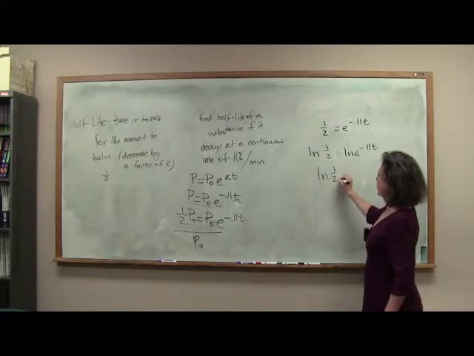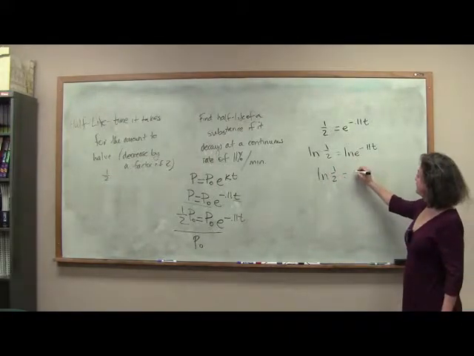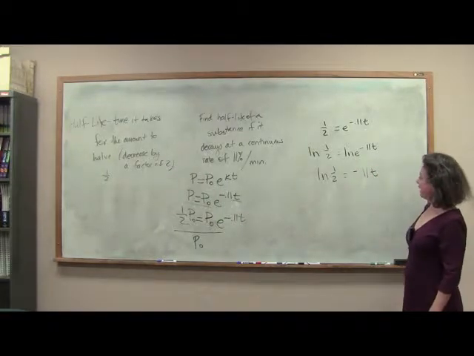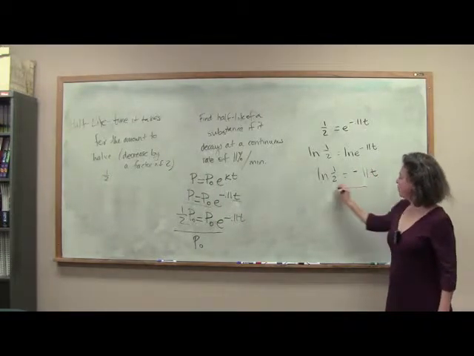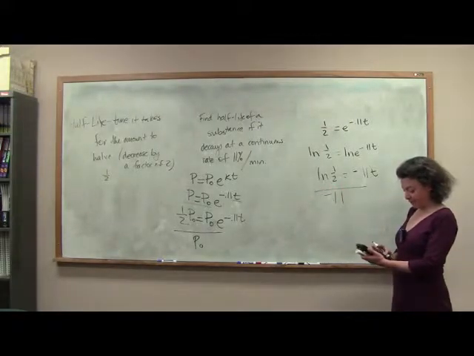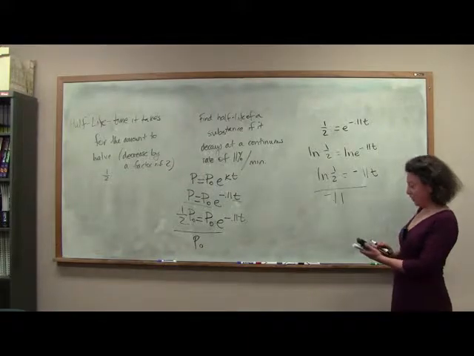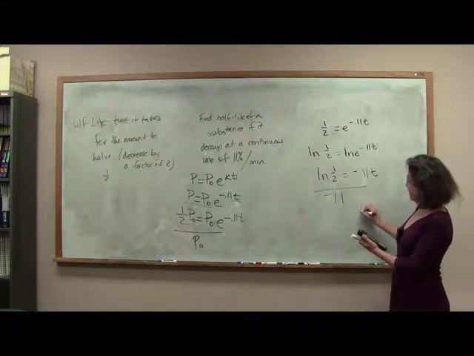I have the natural log of 1/2 on my left. These guys are inverses, so I'm left with negative 0.11t. And to get t all by its lonesome, I divide both sides by negative 0.11. So I'm going to take the natural log of 1/2 divided by negative 0.11, and I'm going to get t